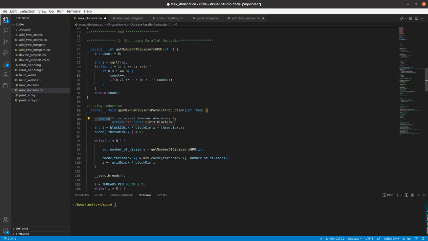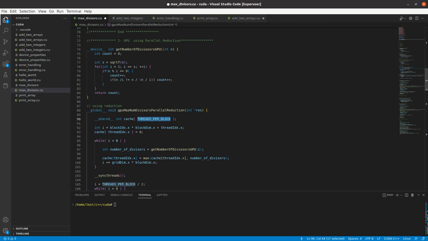Shared memory is memory that can be accessed from all the threads inside the block. So we have threads per block equal to 256 threads. All those threads can see this memory in the block,